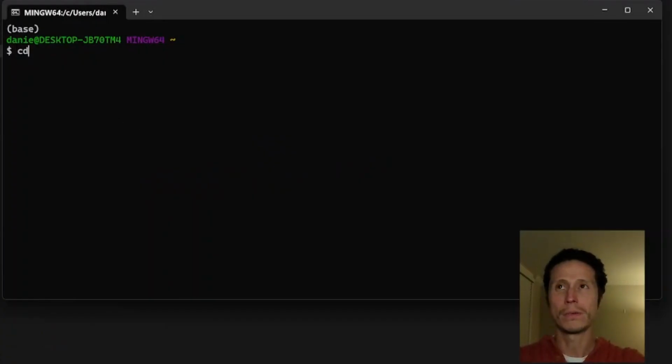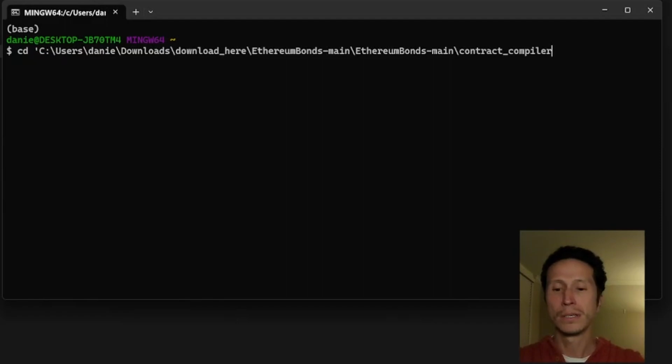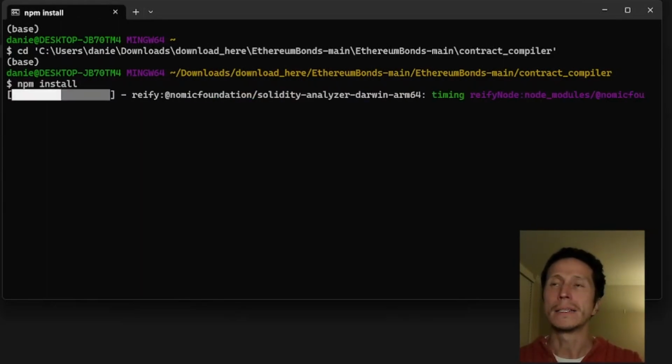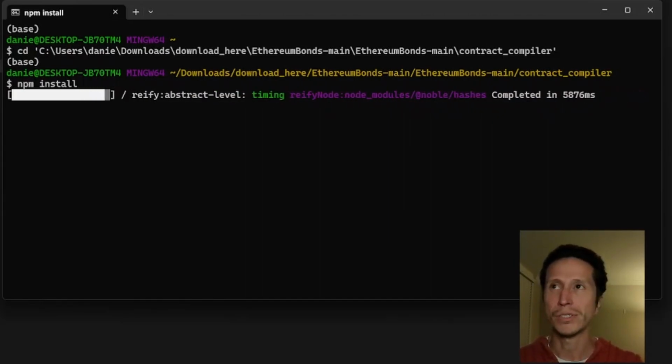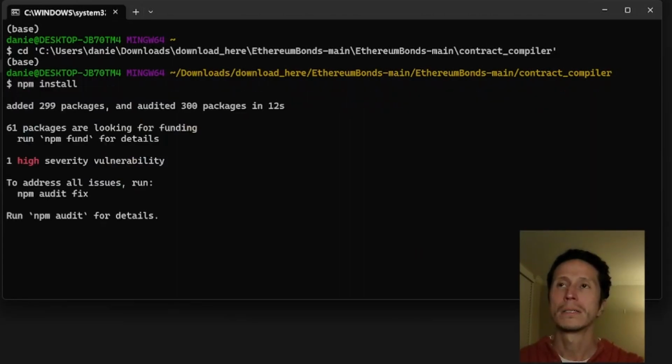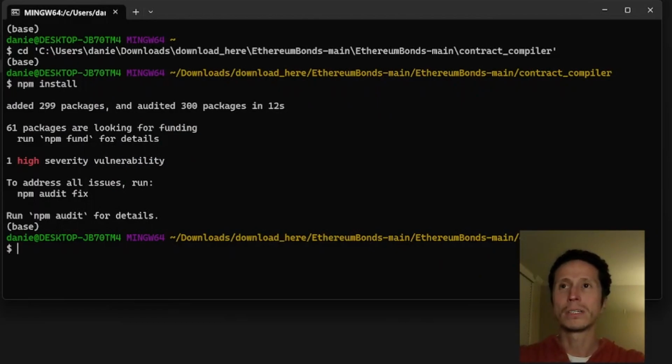So in order to compile it, we go back here, we copy the absolute path, we come here to terminal, we go into the folder. Once in the folder, we're going to write npm install, and this is going to install the node modules, specifically Hardhat, which is going to be the development environment that will compile the contracts. So now it's installed, and we type npx hardhat compile,